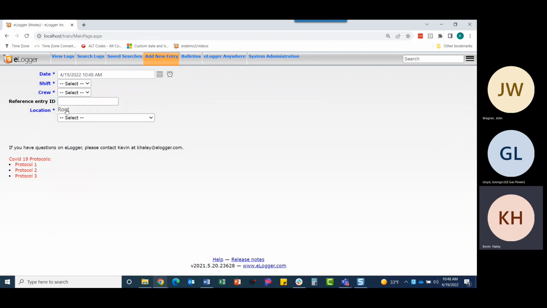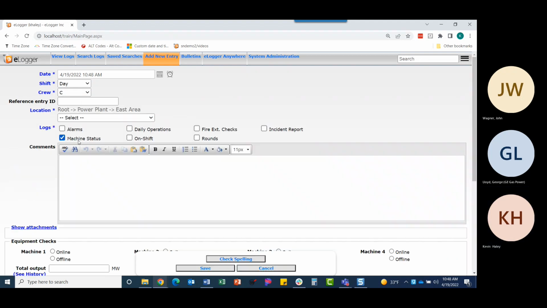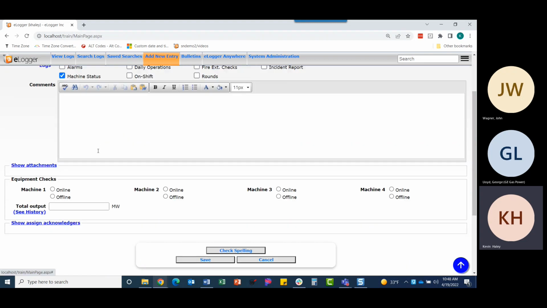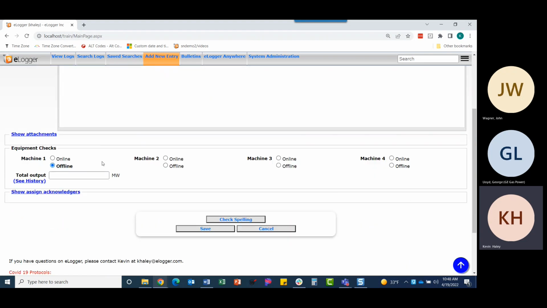So now when I go and I choose, now I have to choose the correct location. So in the east area, the machine status log, and we're going to say now machine 1 is offline and the rest of them are online. So we're running a little bit less megawatts. We're going to say we're running at 25. And when I click save,